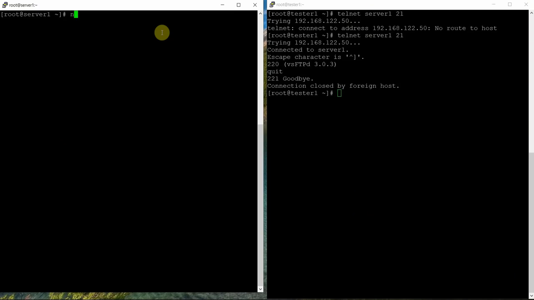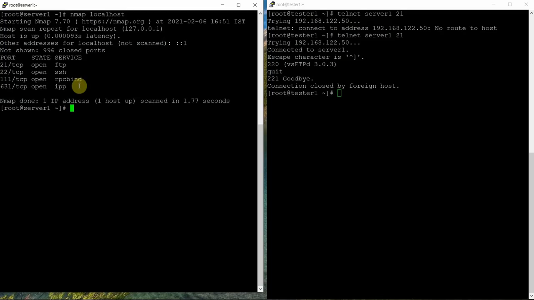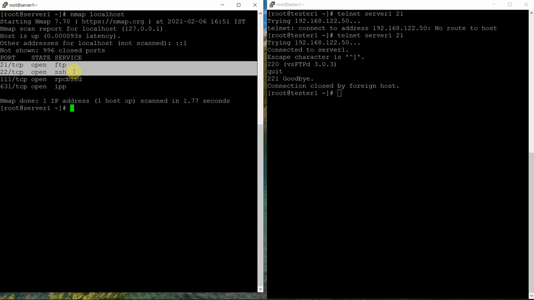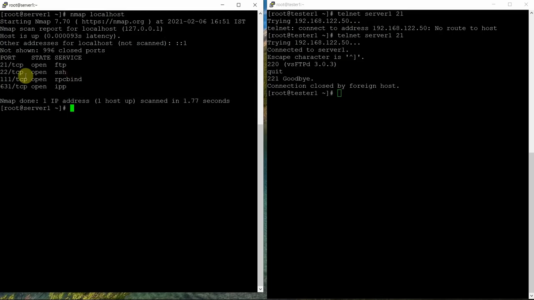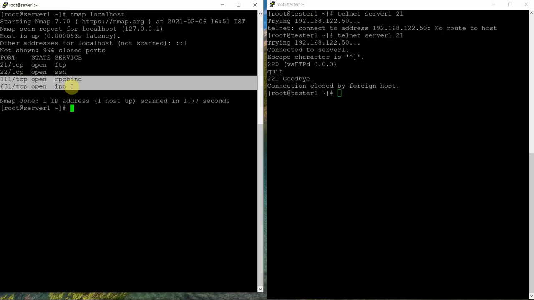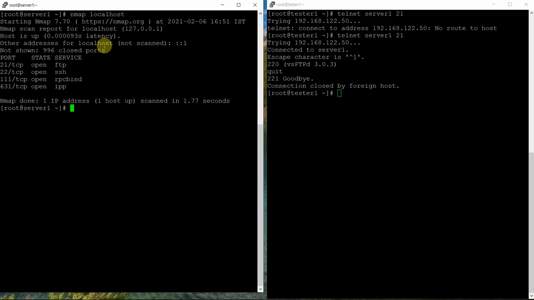Let's verify. nmap localhost, and this will display the content. So these ports are open. If you notice, I just opened ports 21 and 22 right now using the firewall, and these others were already open previously. This will show what ports are open and not shown 996 closed ports.